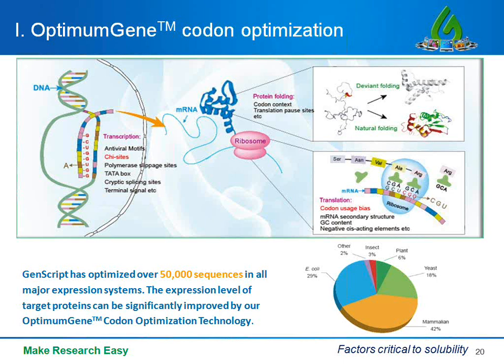When you have your gene codon optimized at GenScript, our proprietary OptimumGene software produces over 10,000 candidate sequences during just one round of analysis. A complex sorting matrix then selects the best sequence for each specific customized request. The algorithm then optimizes a variety of parameters that are critical to transcription, translation, and protein folding, and eliminates any codon bias. We have optimized over 50,000 sequences in all major expression systems using our platform, and we found that the expression level of target proteins can be significantly improved by the use of this technology.